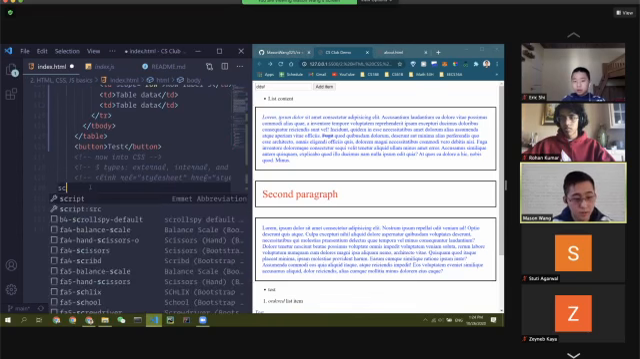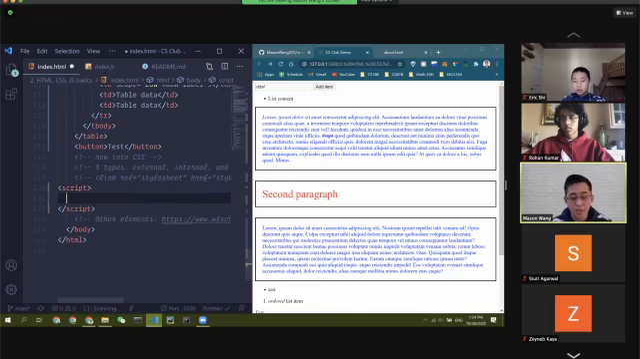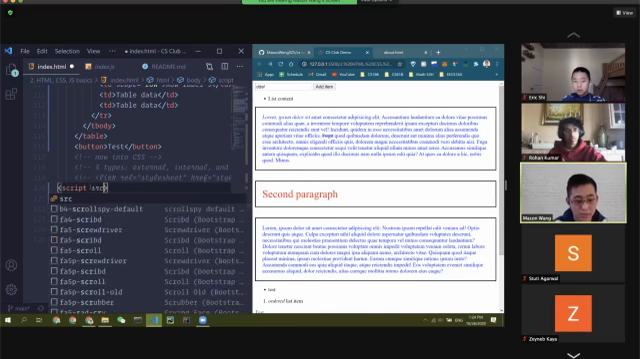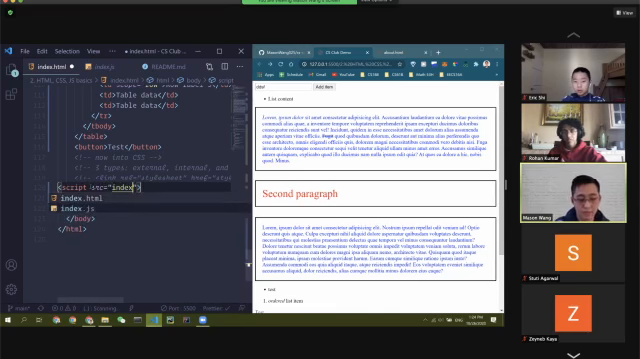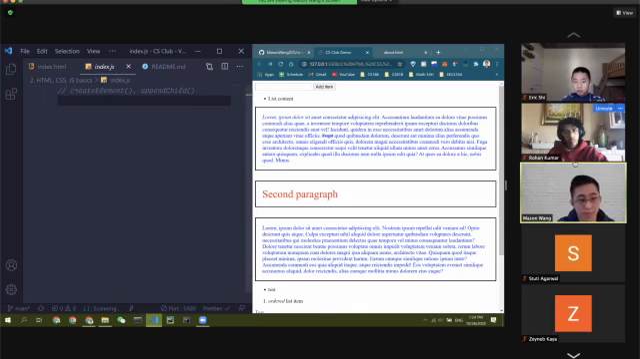So just script. You can include it internally, just like CSS, but we're not going to do that. I'm just going to say source is index.js because of the same reason that we don't want to include internal CSS. So here I can say,